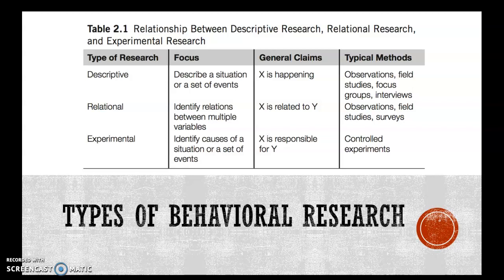Survey will tell a little bit more about the relation between X and Y. So X is responsible for Y. That means experimental investigation needs to have a controlled experimental environment. So identify what the cause